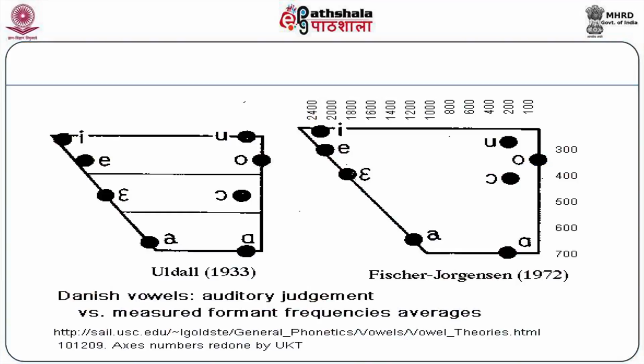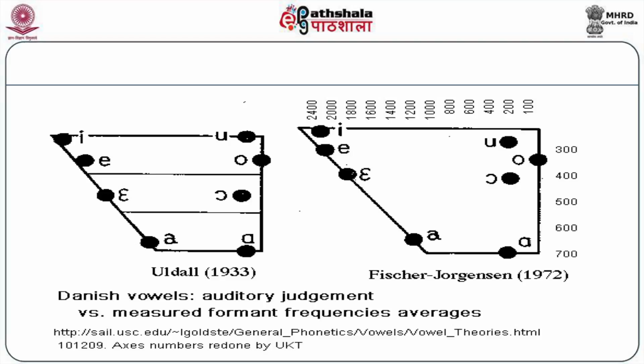With the feasibility of the use of acoustic information in recent times, it's possible to find a fit between the cardinal vowels and their acoustic manifestations in terms of their formants. Here we have two cardinal vowel trapezia representing the vowels of the Dutch language. The chart on the left is based on auditory judgment, and the chart on the right is based on